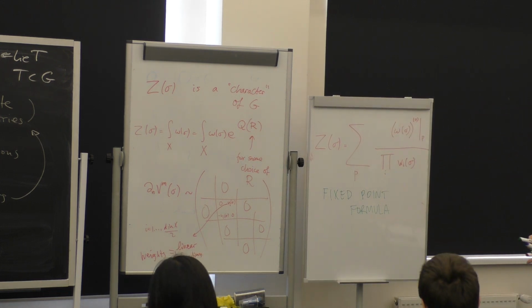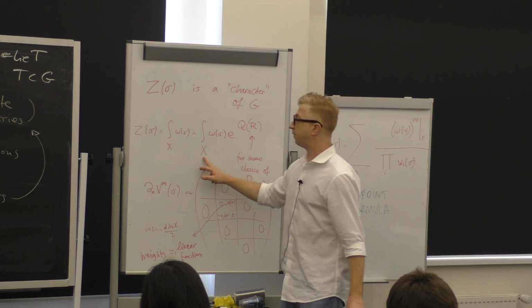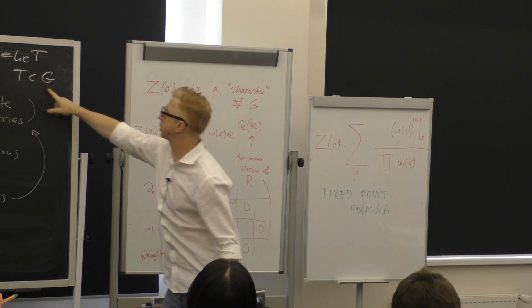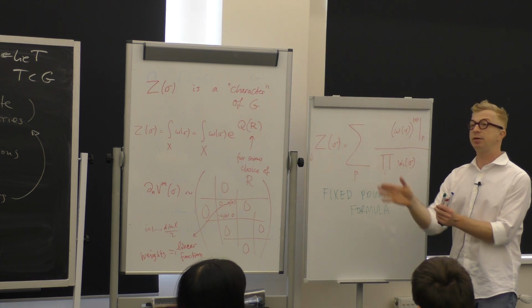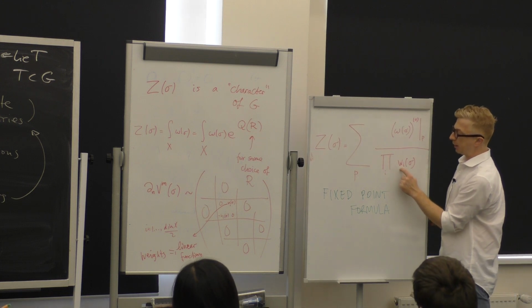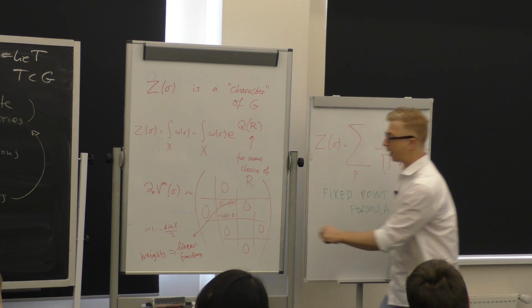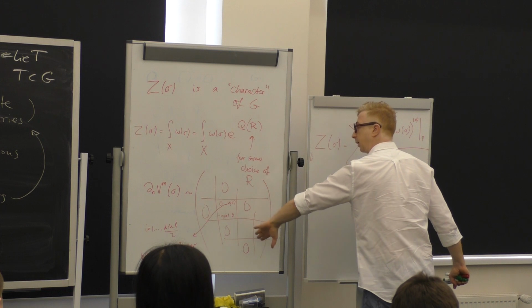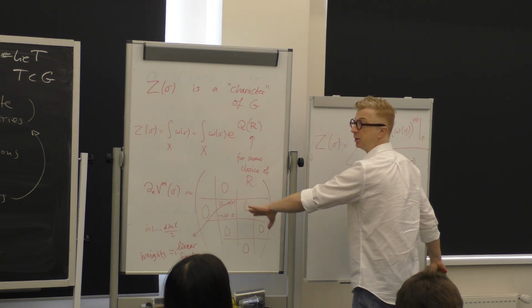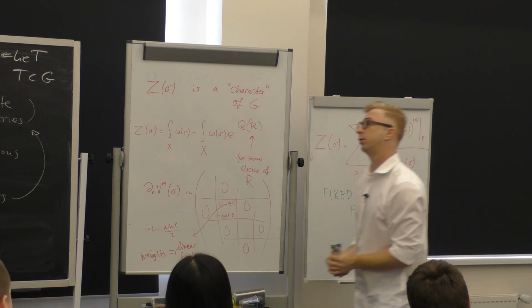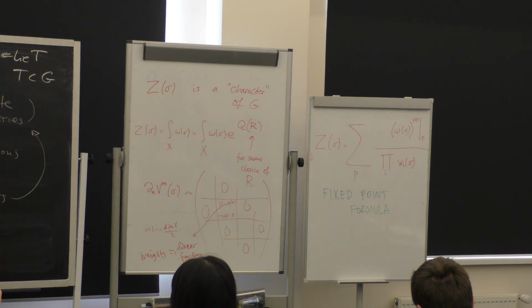So it appears that you need to know very little about the manifold. You only need to know about the fixed points of the torus, the maximal torus action on the manifold X, and the linearization of this action near each fixed point. So what you see in this formula is the product of w's. Even though the w's themselves were defined up to a sign, you can actually define the product of the signs. The individual signs you cannot define, but the product of the signs is well defined. And that's the orientation of the manifold. So the famous example of this formula